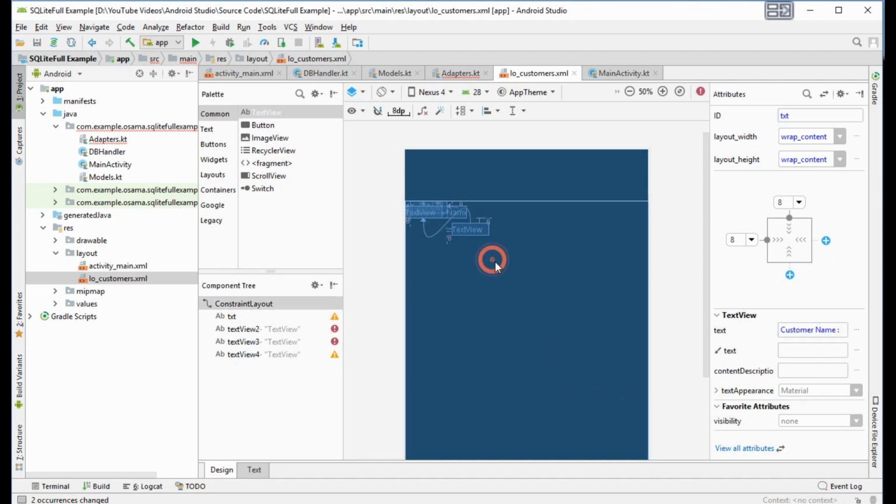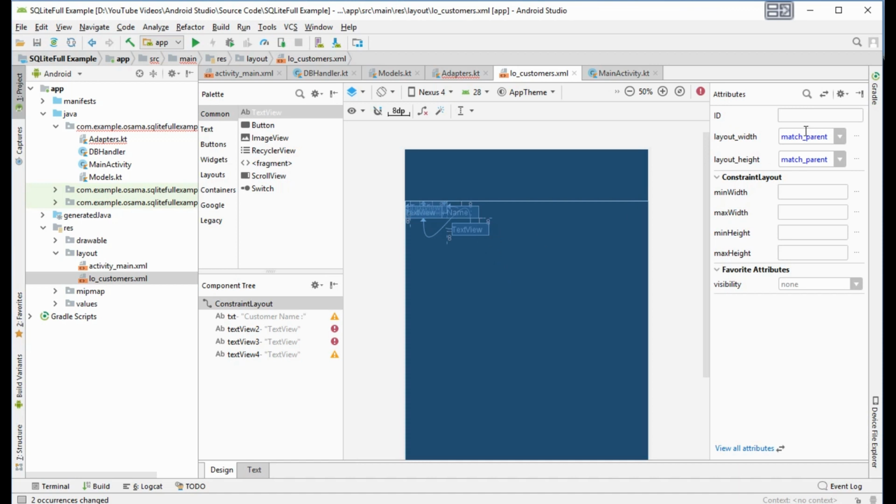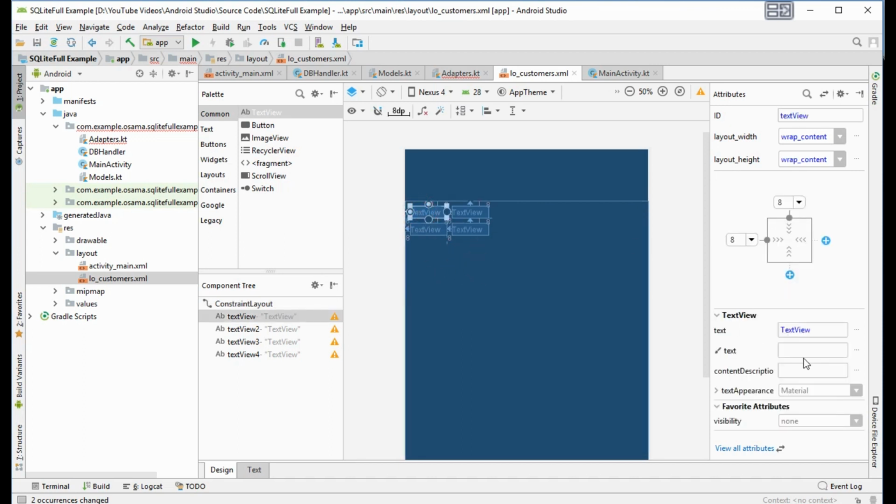Here the customer name. Now we will type here customer name, and here max credit.